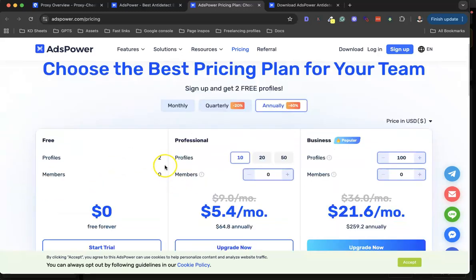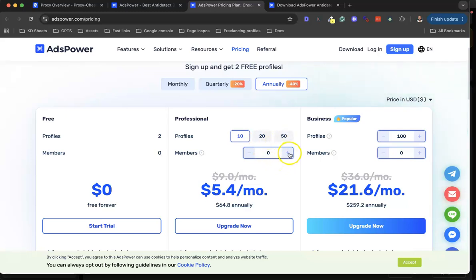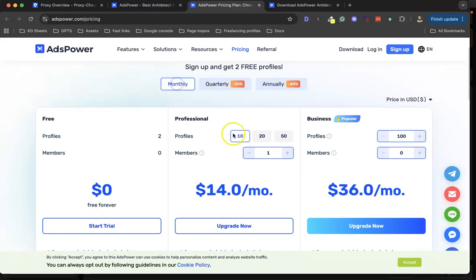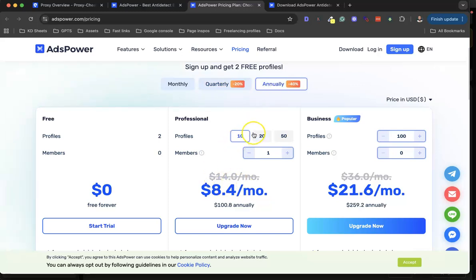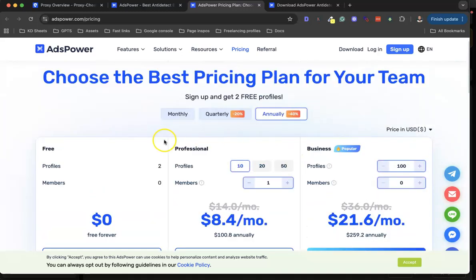So this is the pricing. You have the professional plan for up to 10 profiles, 20 profiles and all that. If you'd like to add members, the cost keeps increasing. This is the monthly plan, this is the quarterly plan, and this is the annual plan. I recommend you get the annual plan because it will be cheaper than the monthly and the quarterly plan. This is the business plan as well. If you just need a profile or two, you'll be okay with the free